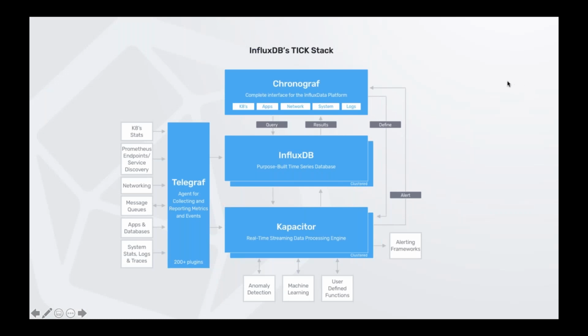Here's a look at the TICK stack, which we've created. It's called the TICK stack because it's composed of 4 open source projects that we built: Telegraf, InfluxDB, Chronograf, and Kapacitor. Just as a quick overview, Telegraf is our largest open source project that we have out there. It's pretty common among developers. Chances are most of the people on here have used or at least heard of Telegraf. It's an agent for collecting and reporting metrics and events. It brings data into InfluxDB, which is our storage component, and then from there the information can be visualized in Chronograf, and then you can set